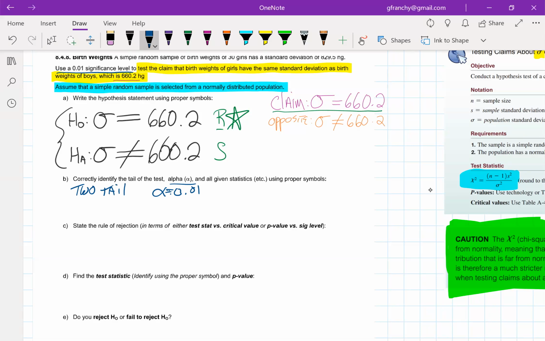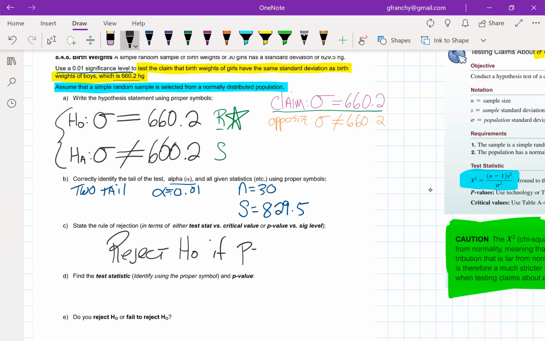And then our sample information: we were told that they had 30 girls and the sample standard deviation from those girls was 829.5. All this allows us to write our rule of rejection. We're going to reject the null hypothesis if the p-value is less than or equal to our alpha,